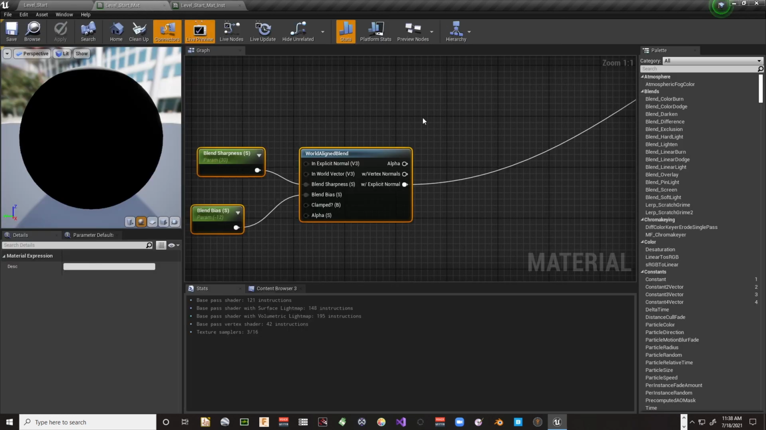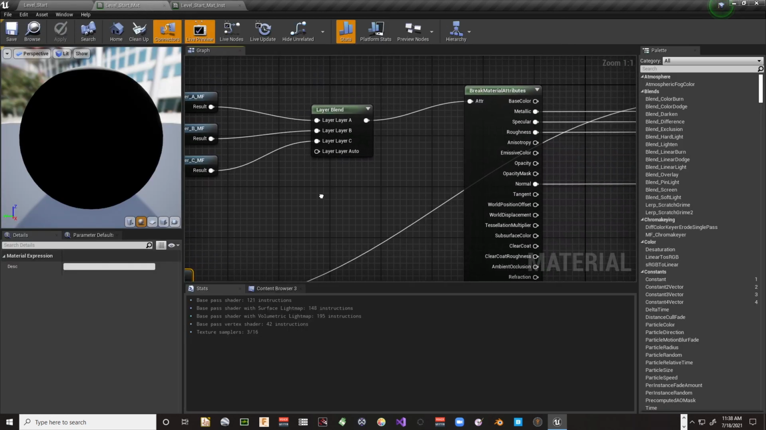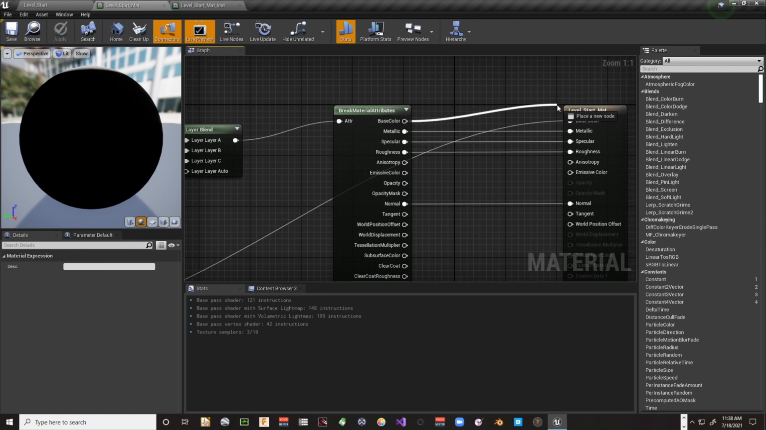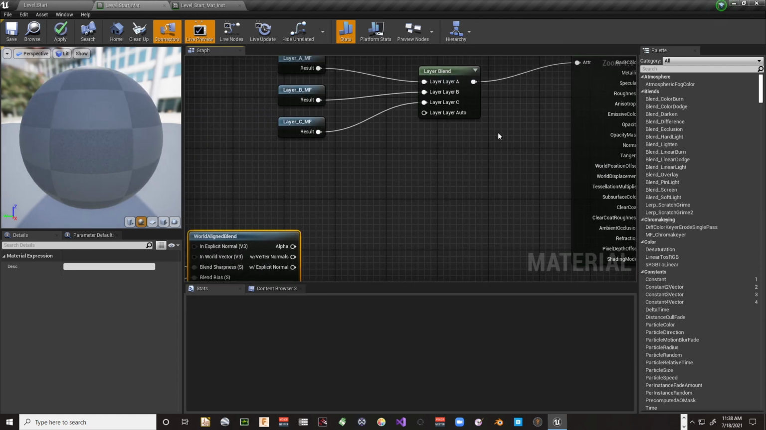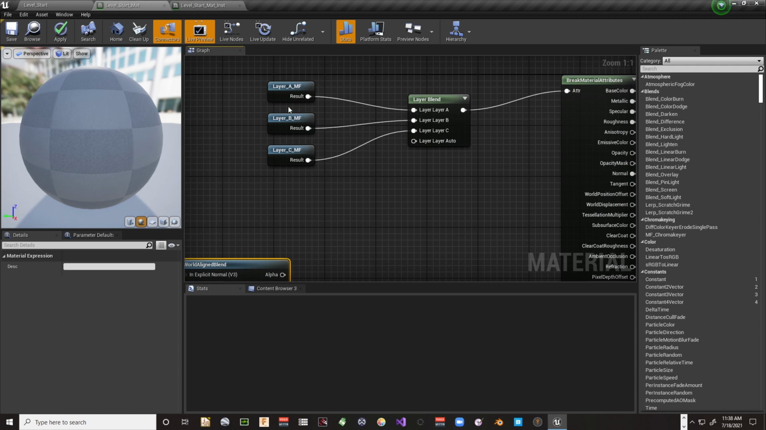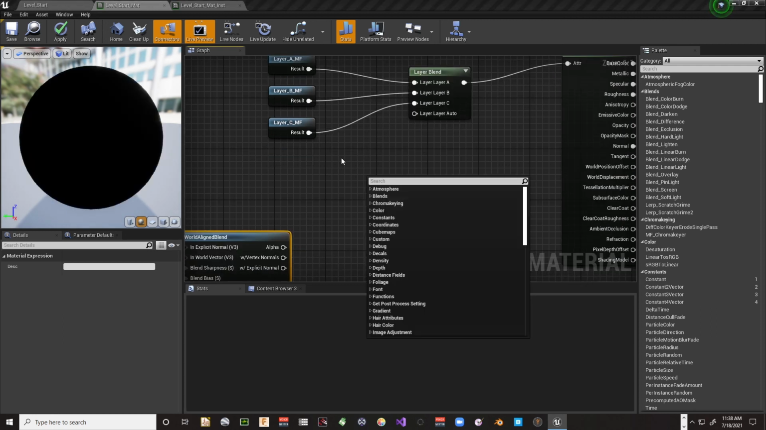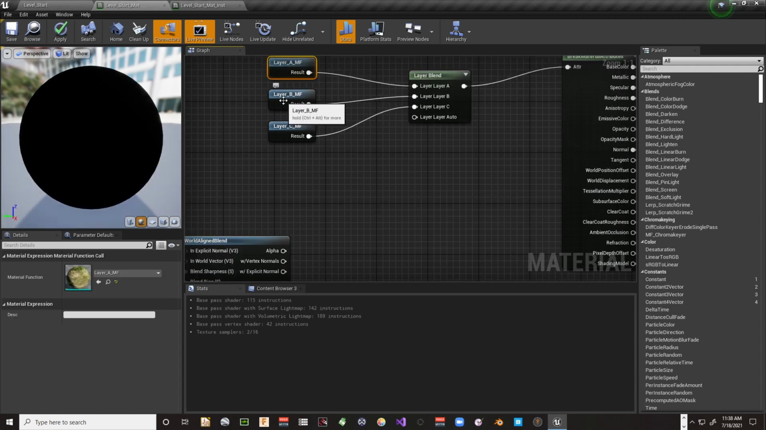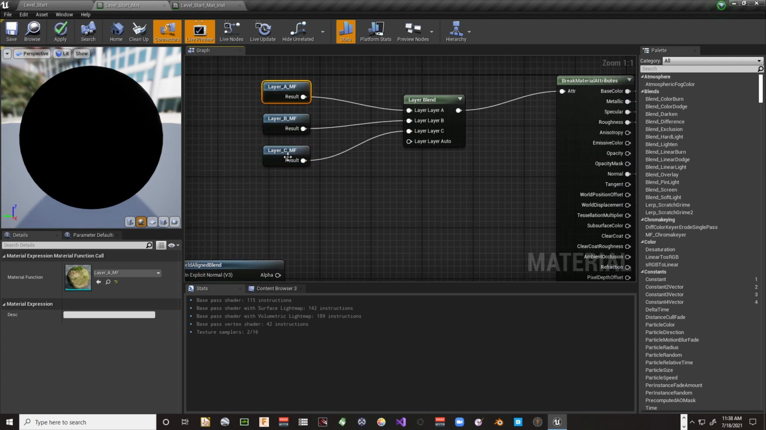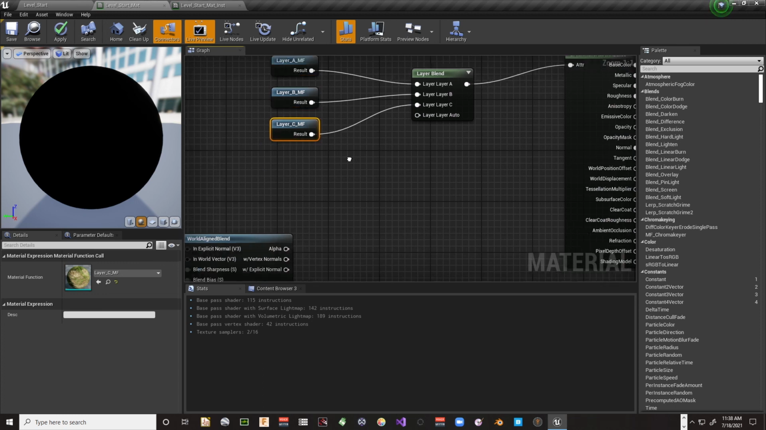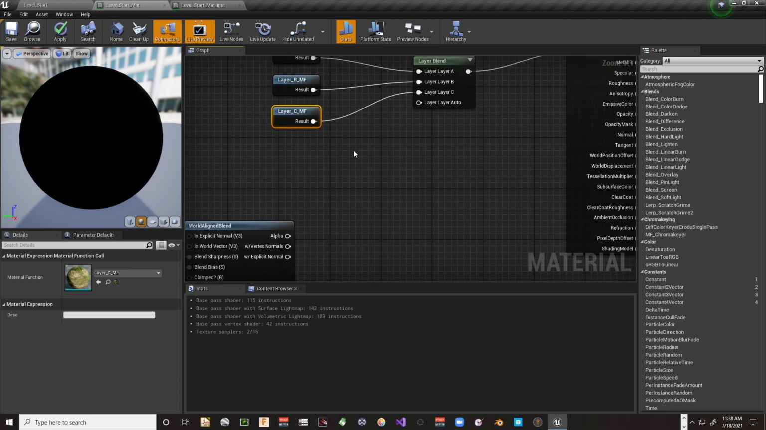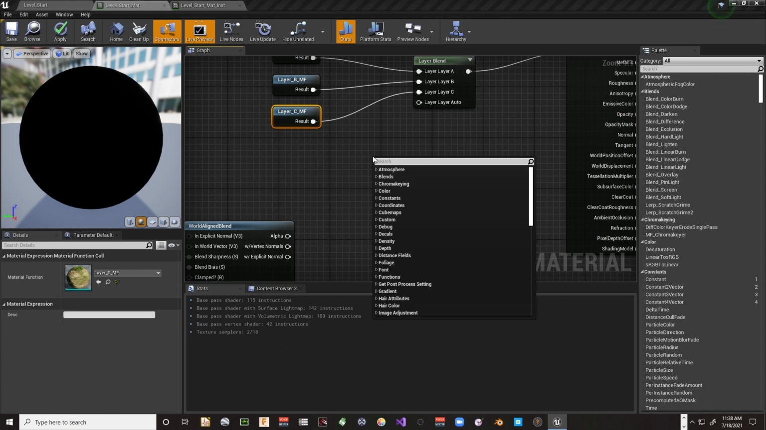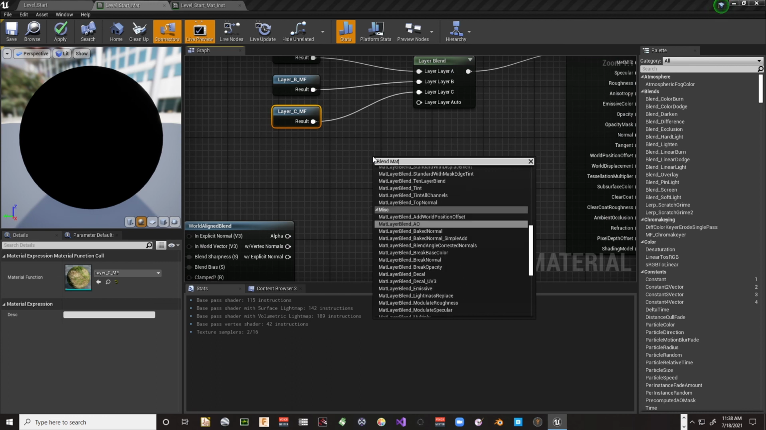All right, so let's go back to our material. Now what we want to do is blend these materials together. I'm going to hook this back up where it belongs. We want to blend these first two materials together. This is going to be our grass and our mud, and this is our rock. Actually, I'm going to blend together the mud and the rock first. So what we want to put in here is a blend material